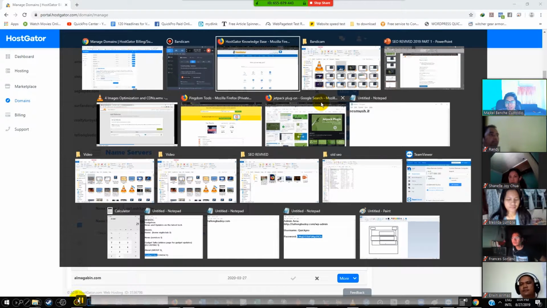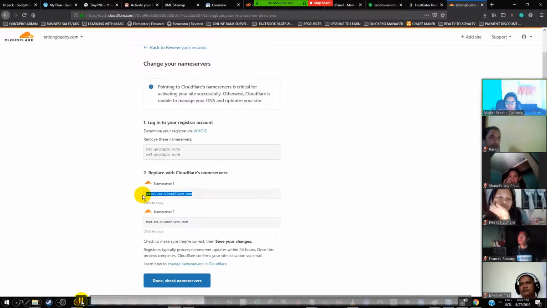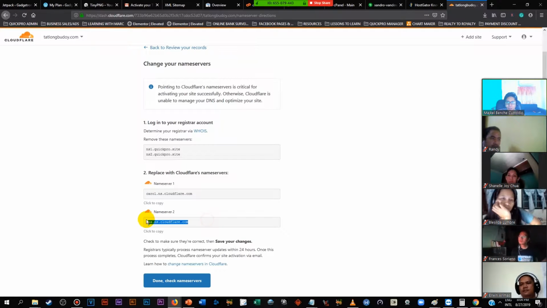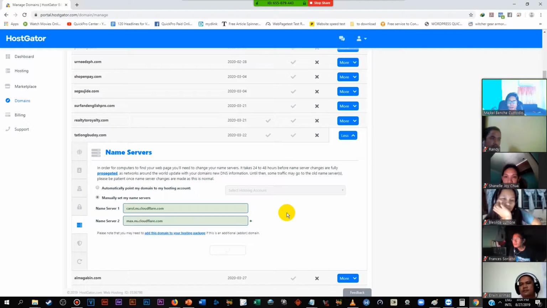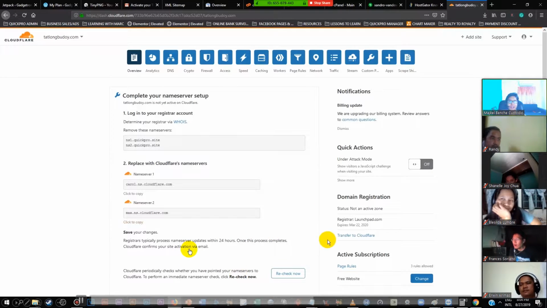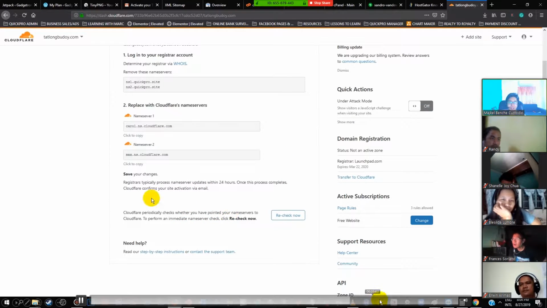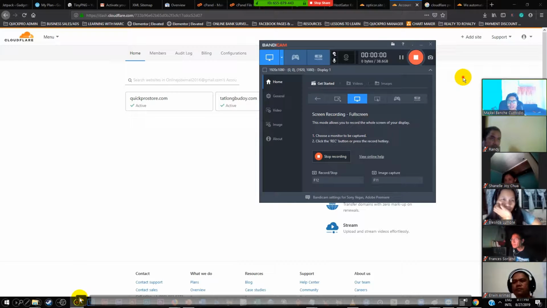Name server 1. So go back to Cloudflare, copy the name server 1 username, and paste it there. Replace the 1 and replace the 2. Make sure you replace it correctly, ha? No errors, okay? All right. After doing so, guys, click on done changing and give it 10 to 15 minutes and it should be finished by then, no? I'm going to show you. Yeah, no, 10 to 15 minutes.